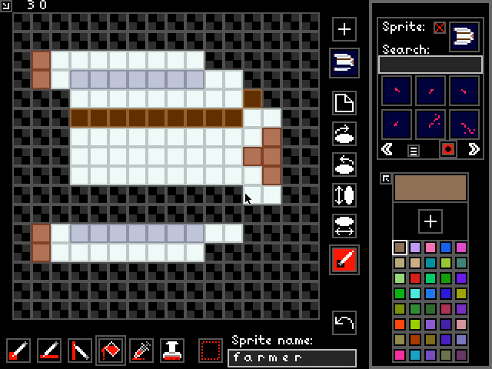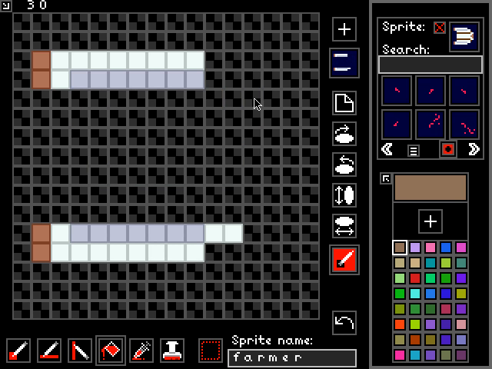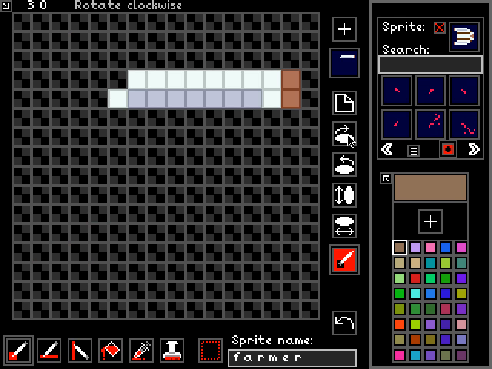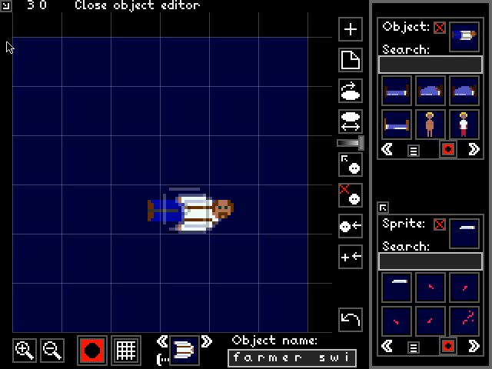Now that we've got that disconnected, we can just use the bucket fill tool to fill in the rest with erased areas. Let's trim his arm down a little bit, and now let's rotate it so that it's sticking out like he's swimming. And we'll call this new sprite Farmer Arm. So let's add it to the database, close the sprite editor, and there's 2 ways we can add this sprite